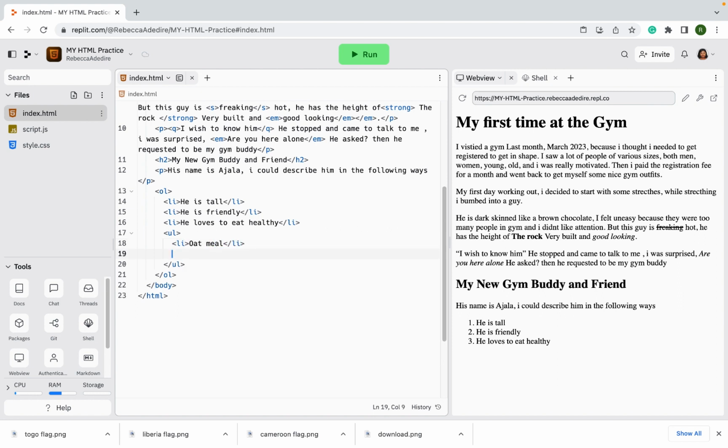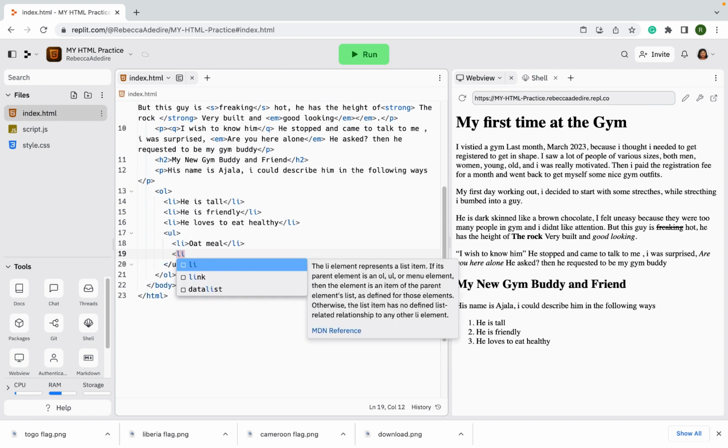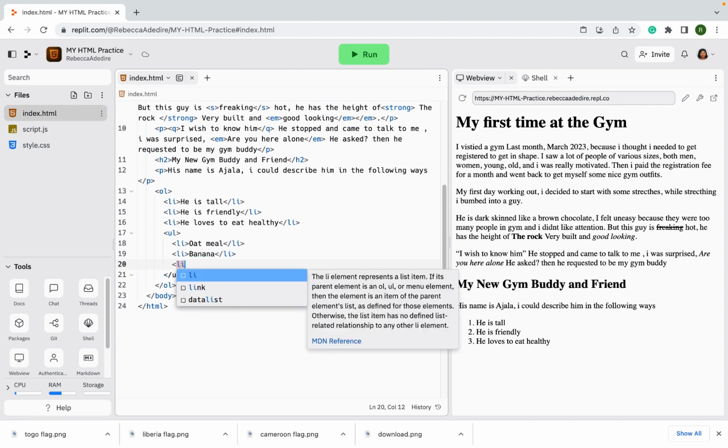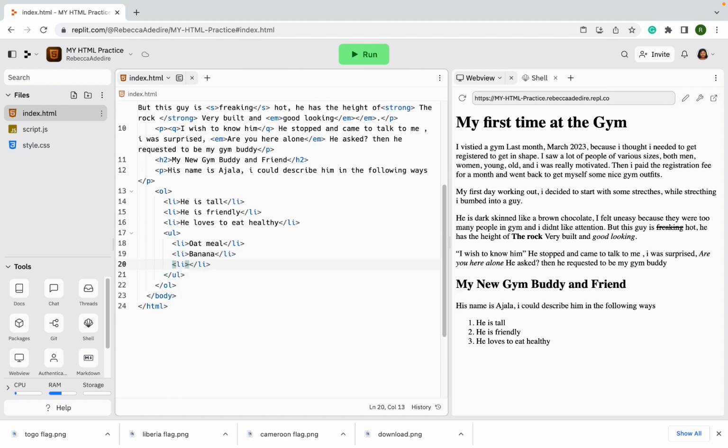let's do another list item, LI, things like it takes a lot of bananas while at the gym. It takes a lot of bananas, banana. Let's say another list of something he likes to take. Let me say he also takes carbs, so he also drinks a lot of water. He drinks a lot of water,